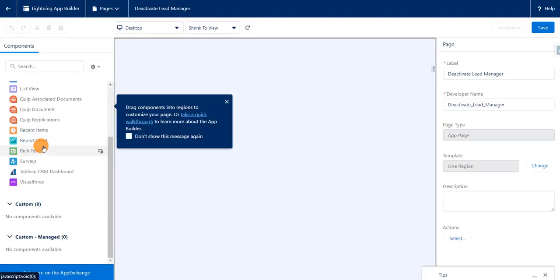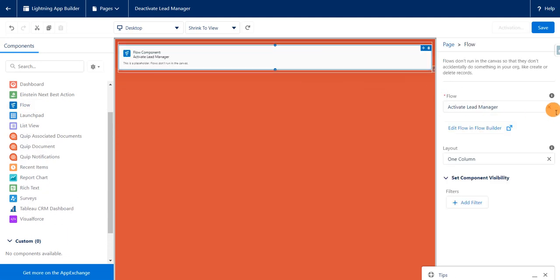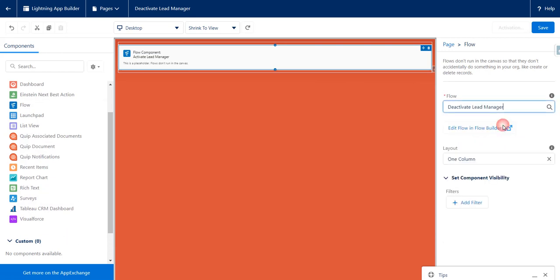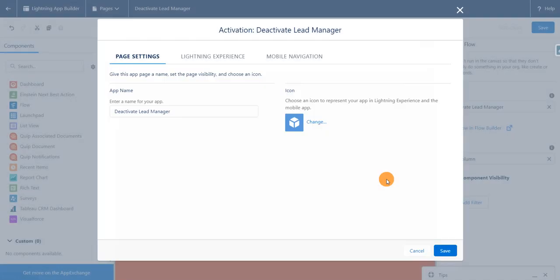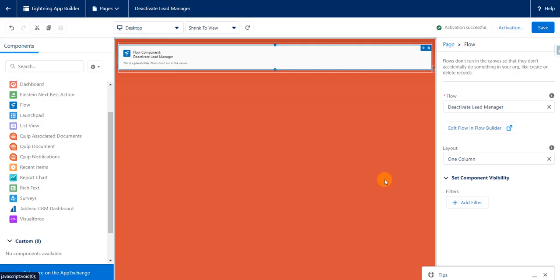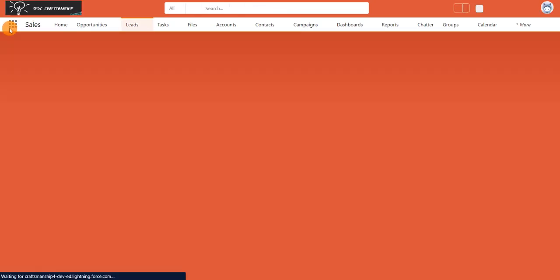And here I'm going to drag my flow. Just drag this flow component here and select the flow which we created. So I'll just search for the flow which I created. The deactivate lead manager is my flow, and just click on save, click on activate, click on save, click on finish. Now we need to run this flow from our lead manager user. I'll just go back to my lead manager user and do a refresh here